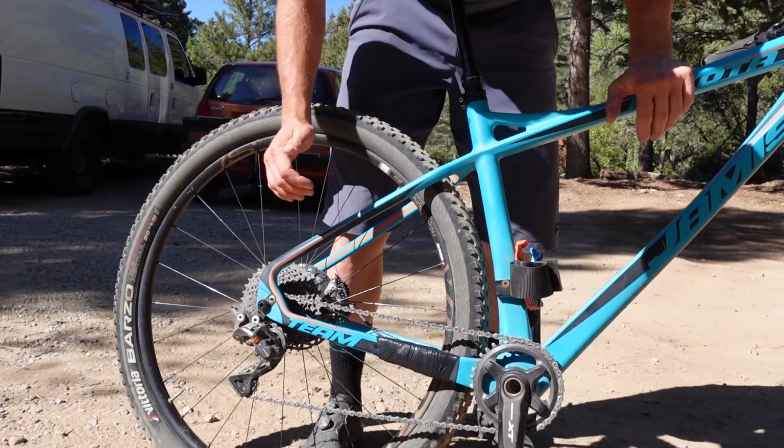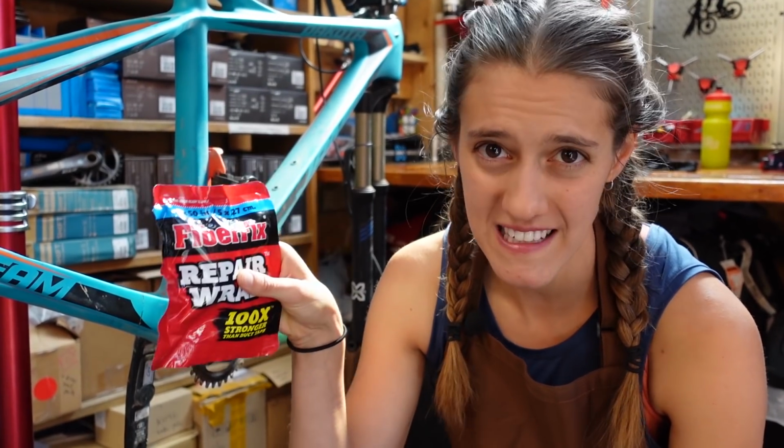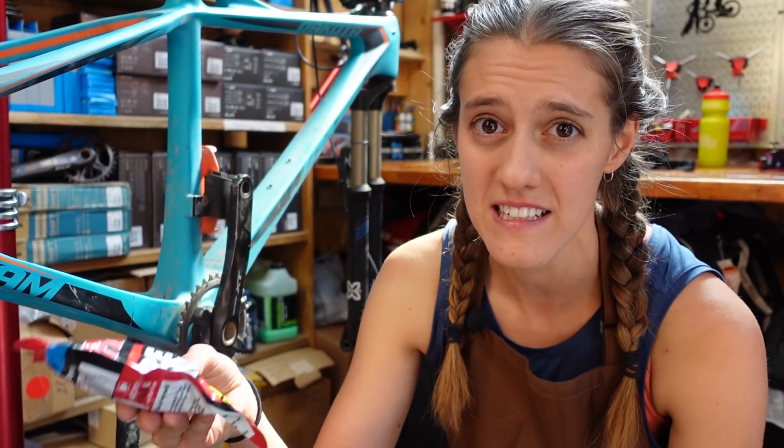There's no movement at all. There's none, yeah. You could carry this in your pack and you could fix a broken frame on the side of the trail, which is super, super cool. As Brady said, it is not a permanent fix. It's not designed to be ridden for months afterwards, but there's a pretty decent chance that it would get you